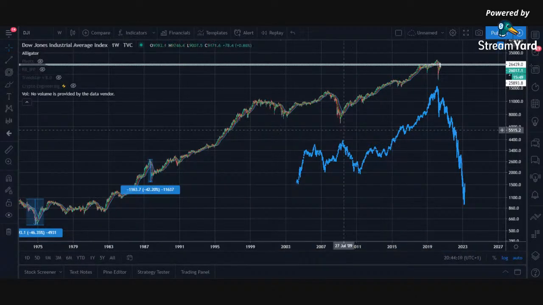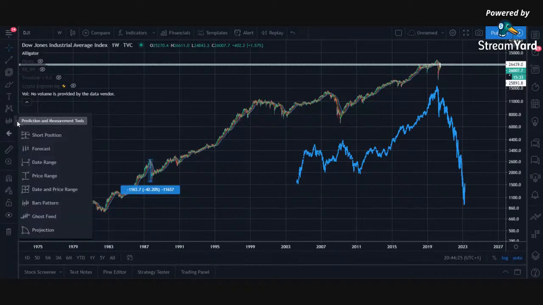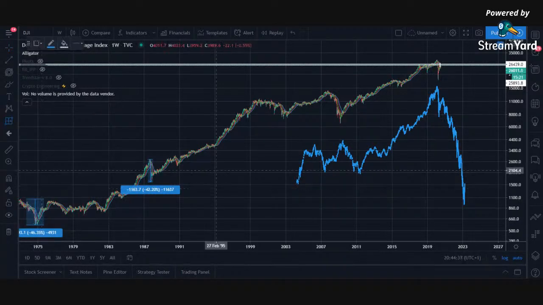So this is what I'm seeing here, and what happened in that crash between 1929 and 1932. What happened back then? And I touched on this on the last live stream. No, but I just started to investigate, and I just couldn't let this go. So date and price range. Let's use this indicator. So basically, what happened here